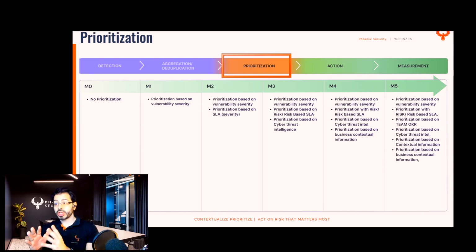Maturity level 4 brings fundamentally all of the level 3 maturity, but expands the risk level and the risk calculation of the vulnerability with the business context. The business context explains how dangerous or how impactful a system going down is going to be, how much critical data that system processes, if that system is externally facing, or